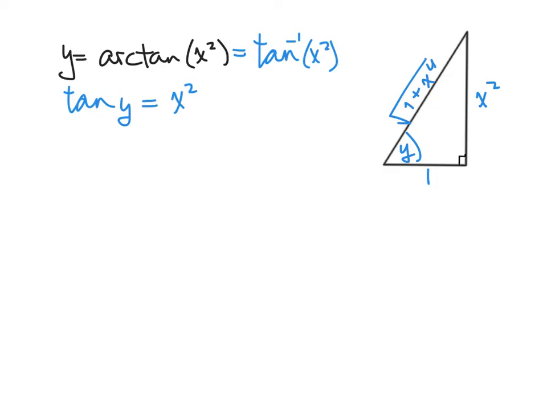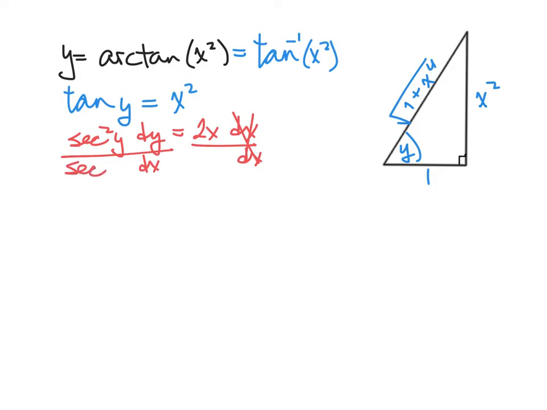Now we go back and use implicit differentiation to find dy dx. So derivative of tangent is secant squared. So we have secant squared y dy. And derivative of x squared is 2x, so our differential will be 2x dx. Do our 2 steps of division. Divide by dx, so that we'll have our derivative on the right side. Divide by secant squared to get that derivative alone. So we have dy dx is 2x over